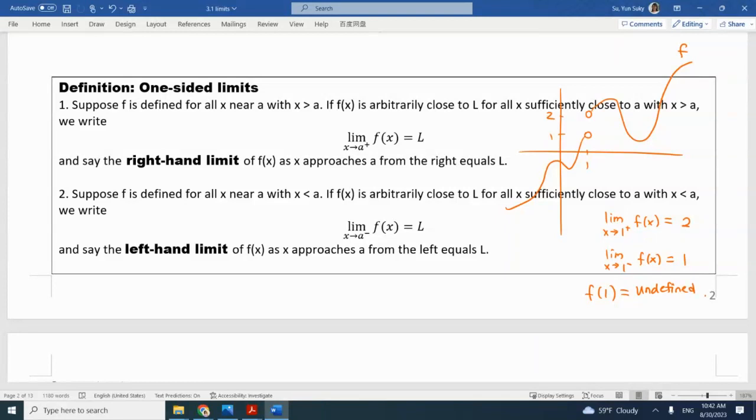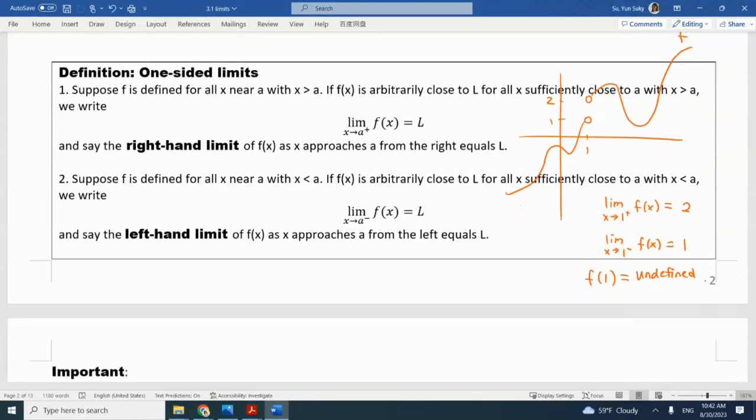Okay, so everybody keep in mind, for function values, if you don't get a number, that's undefined. We use this terminology to describe the function value, and we use does not exist to describe limits. So don't use undefined to describe limits. For limits use does not exist; for the function value use undefined. Is that clear, everybody? Okay.